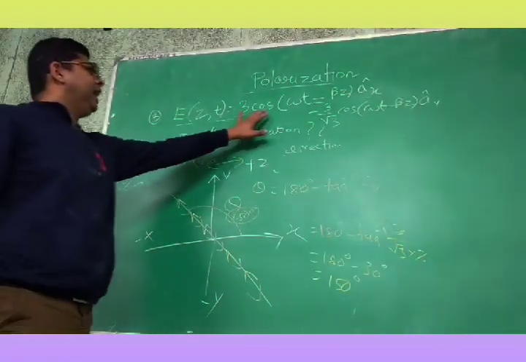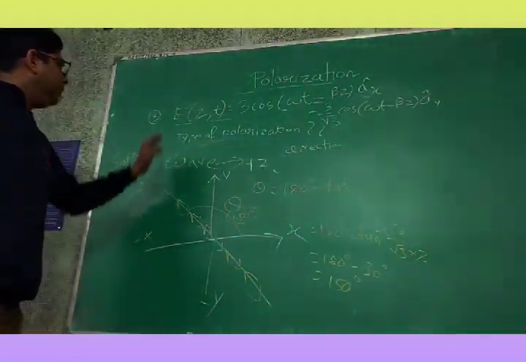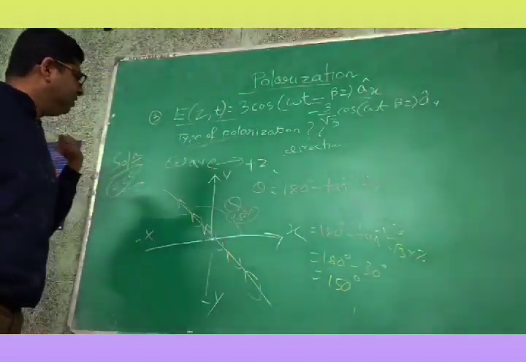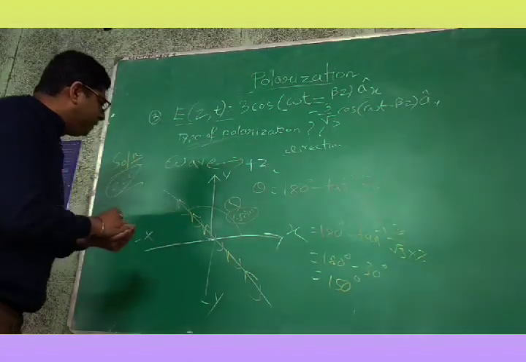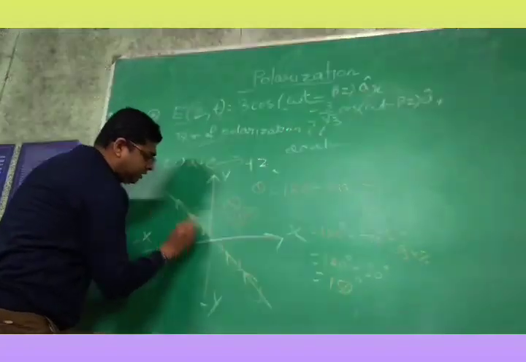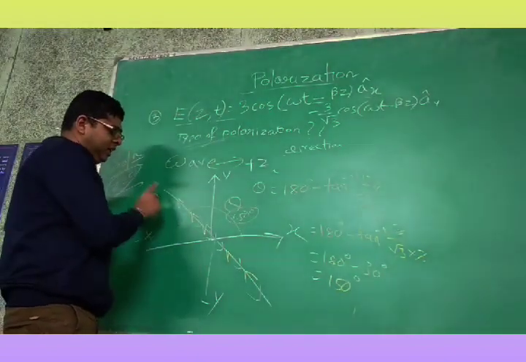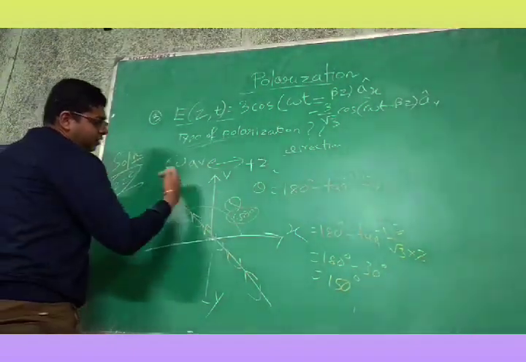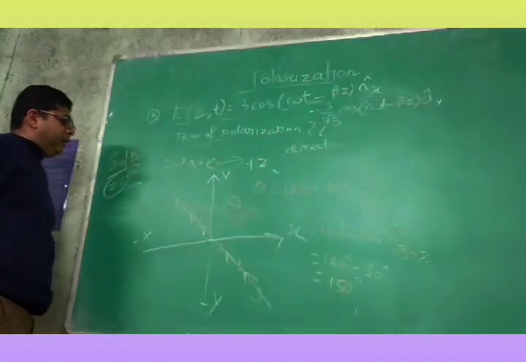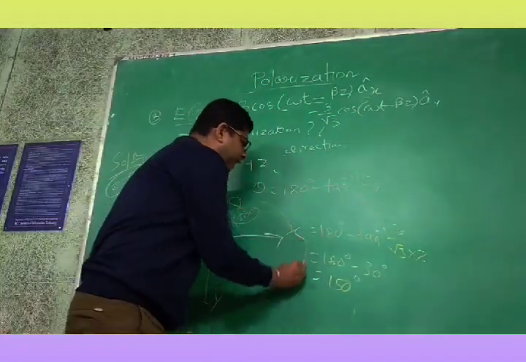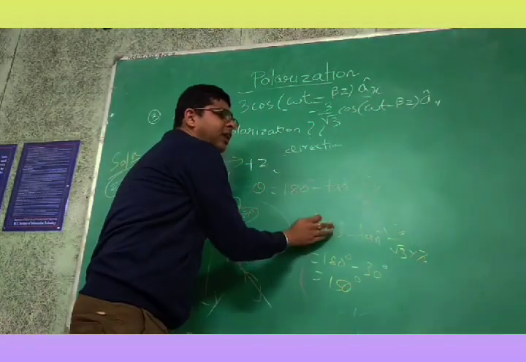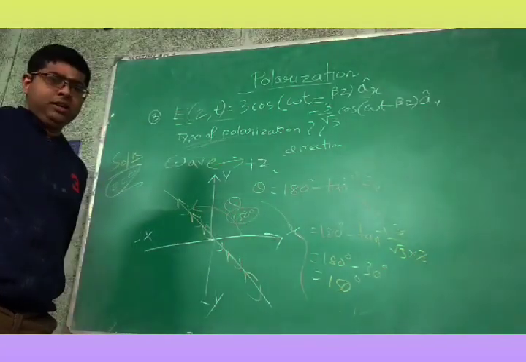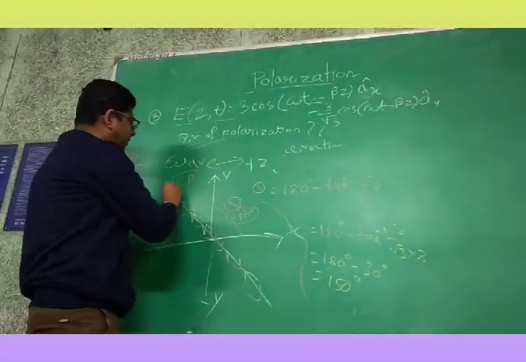So you just need to check the angle. The phase difference here is 180 degree between the two components, so basically it will be a straight line. The movement will be both ways because the variation is like this. I have shown an animation on this during my class. So that is linear polarization. And the angle from the x-axis you can calculate with the help of this formula. If they ask you in the question, then you need to calculate this. Otherwise, no need to do this. If they ask you for the angle, then you need to calculate. Otherwise, you directly say linear polarization.